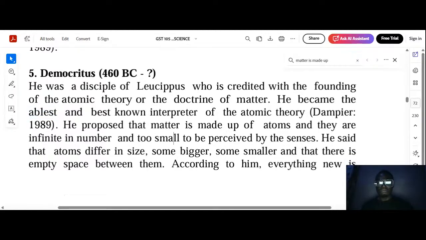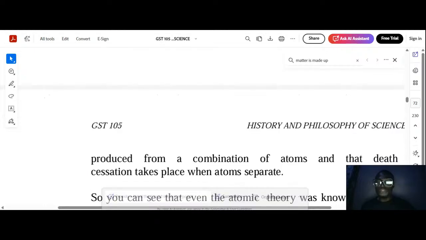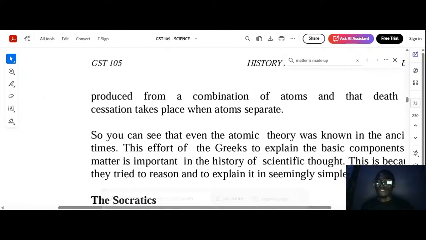So he proposed that matter is made up of atoms and they are infinite in number and too small to be perceived by the senses. He said that atoms differ in size, some bigger, some smaller, and that there is empty space between them. According to him, everything new is produced from a combination of atoms, and that death,